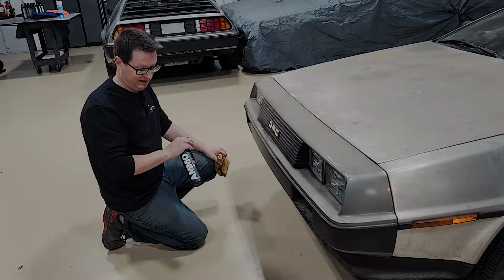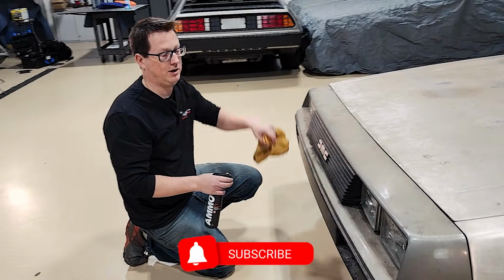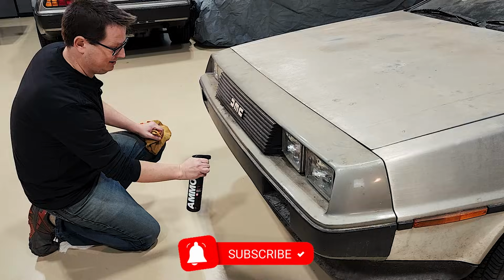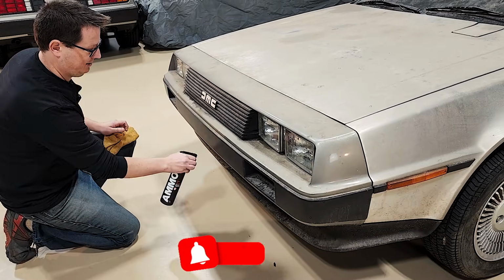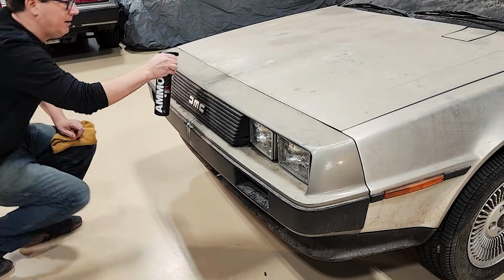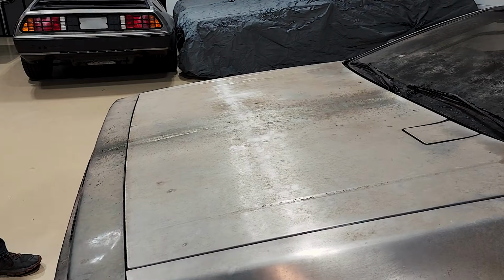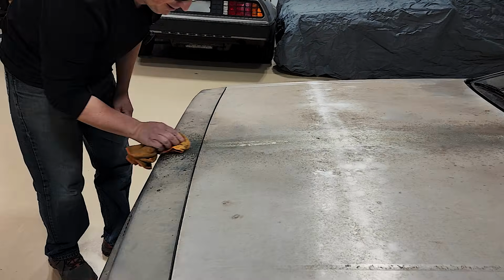So we've got some Titan 12 degreaser, and we're just going to make one clean stripe to hopefully get this tape to stick. First cleaning here. It's already coming off just with the...